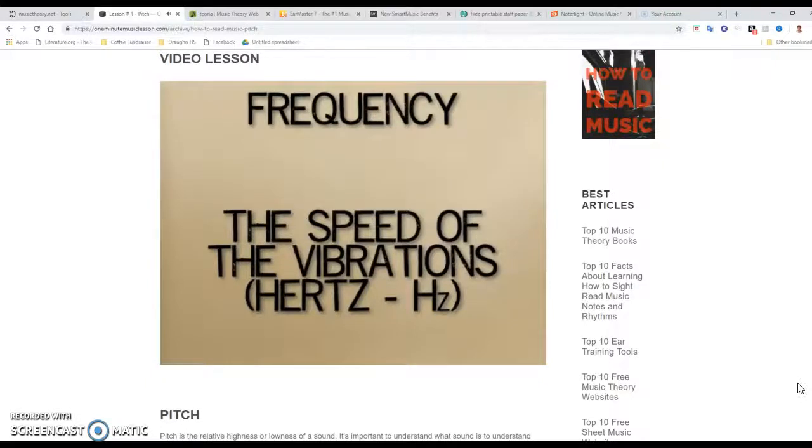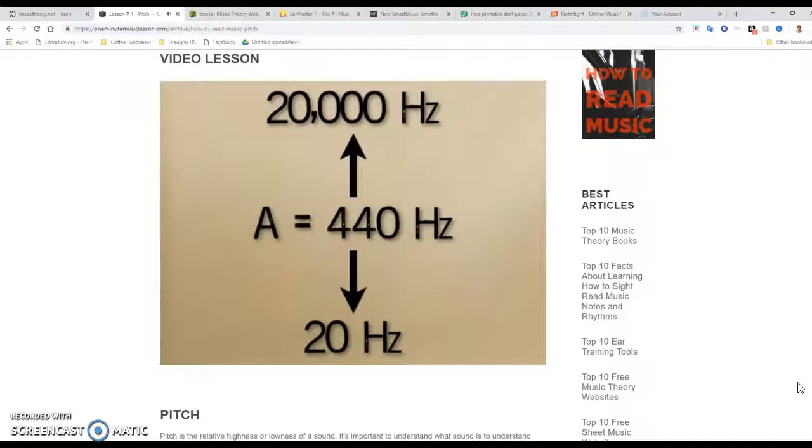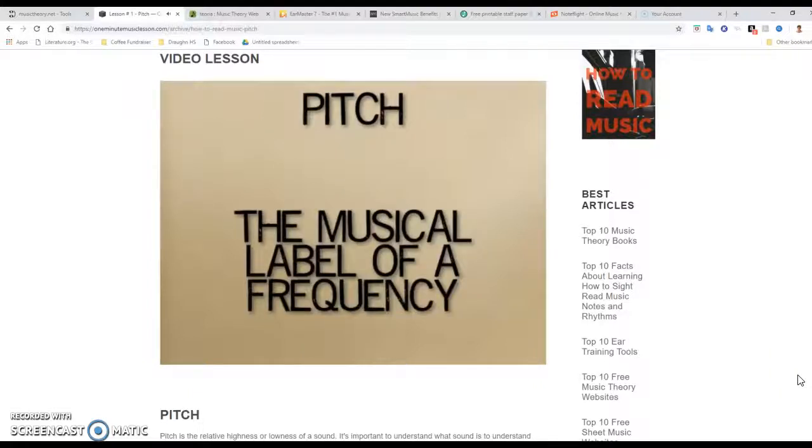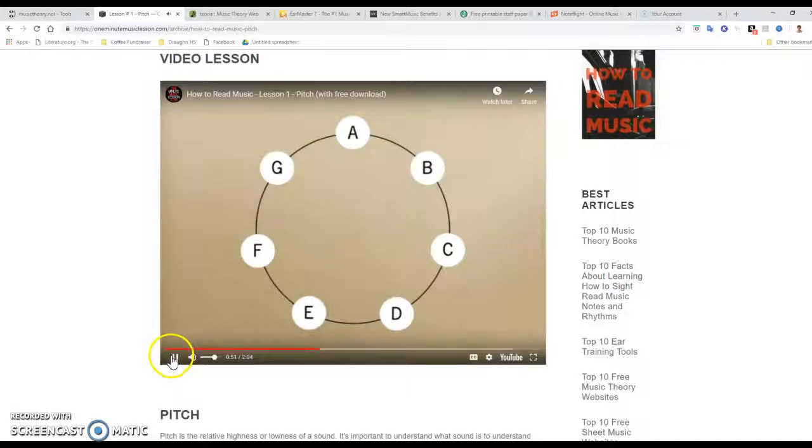Musicians tune the pitch A to the frequency 440 Hz. Since the range of frequencies humans can hear is 20 to 20,000 Hz, we need a simpler system of labeling the frequency range. Pitch is the musical label of a frequency. We only need the first 7 letters of the alphabet to describe any note in the frequency range. As frequencies move higher up,